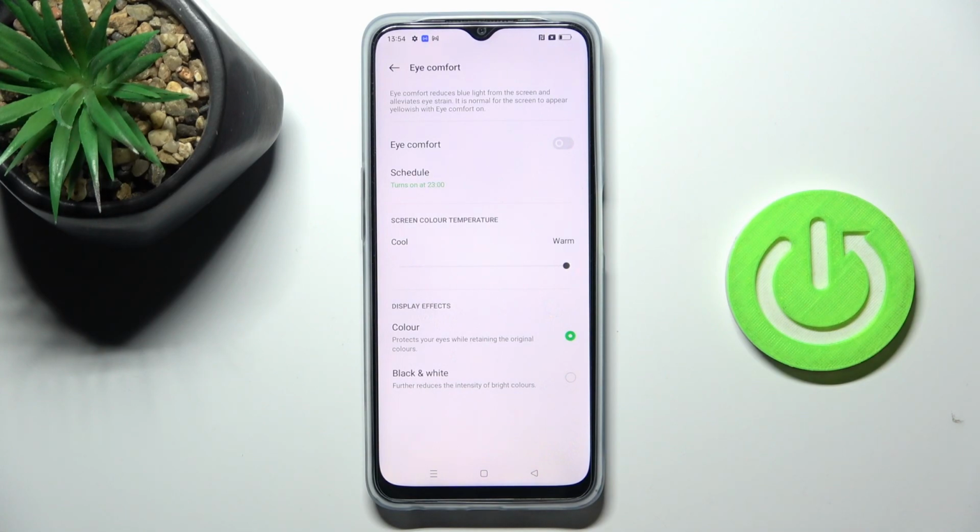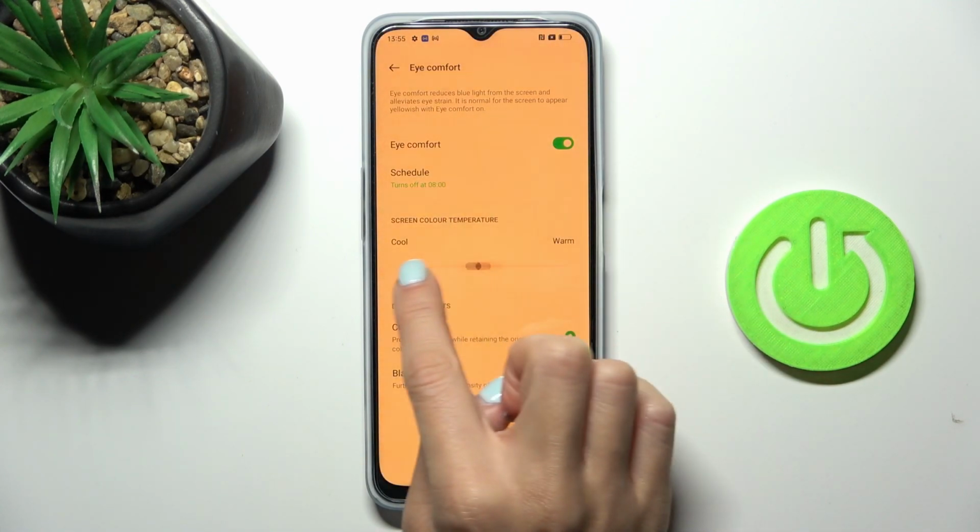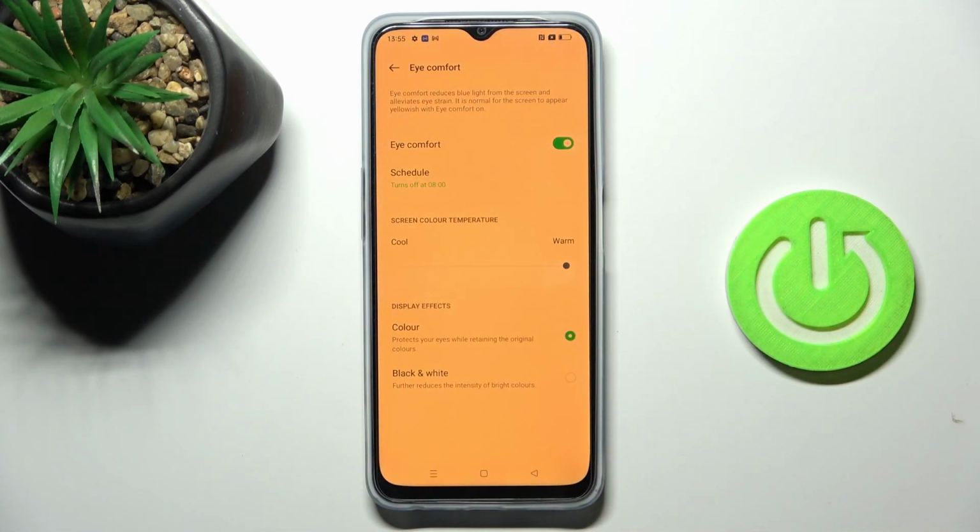be automatically activated. You can also change the display effect, so you can use these colors, as you've seen previously. So this is the panel and color option, and then you can also use black and white eye comfort mode. So that's it, that will be